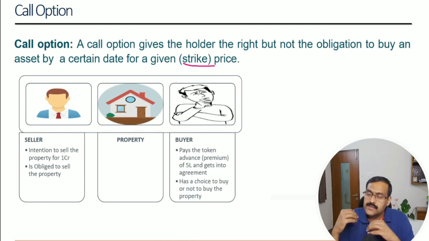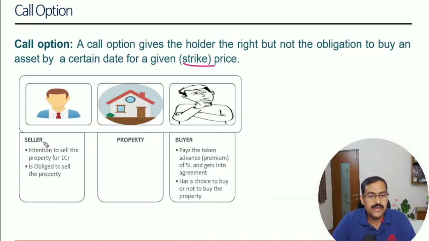In case of a call option, the seller has to deliver an asset at that strike price, keeping the premium that he has received. It doesn't matter at what price the seller is owning the asset, but he has to deliver at the strike price at which the call contract is being executed.